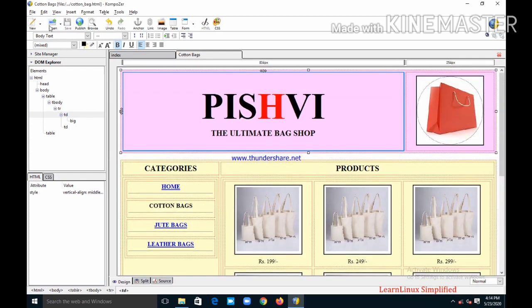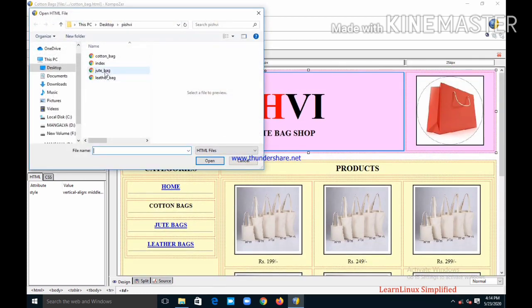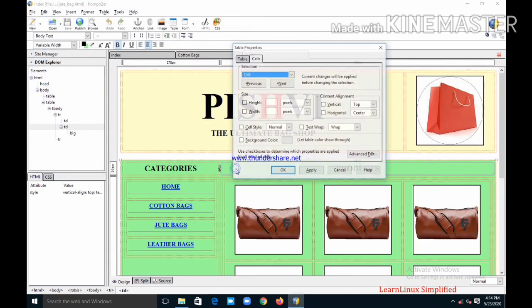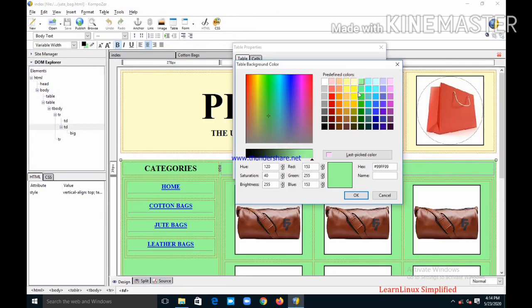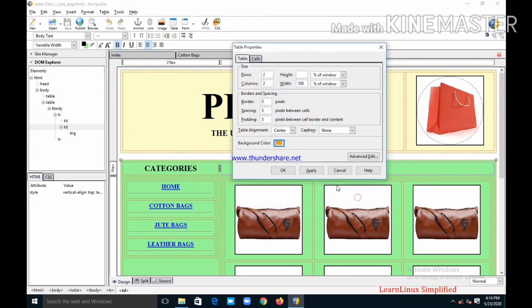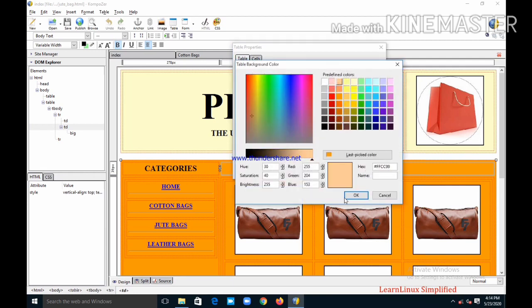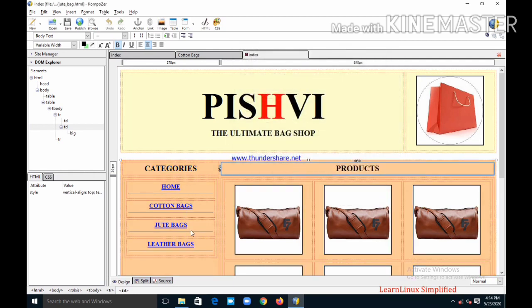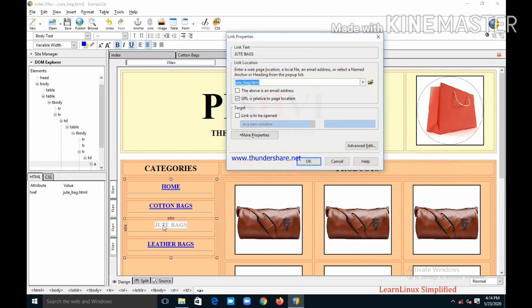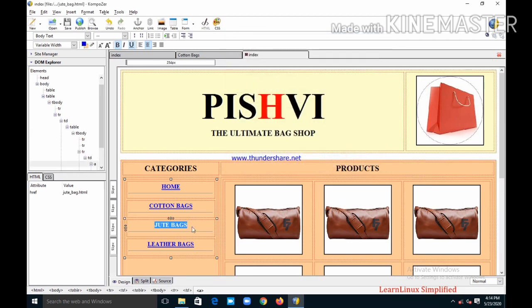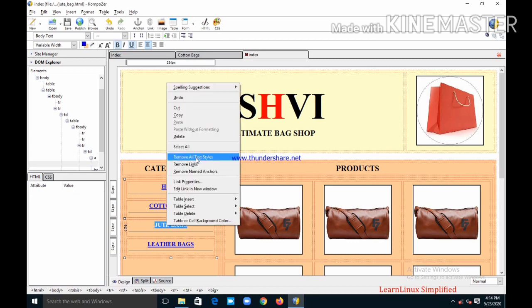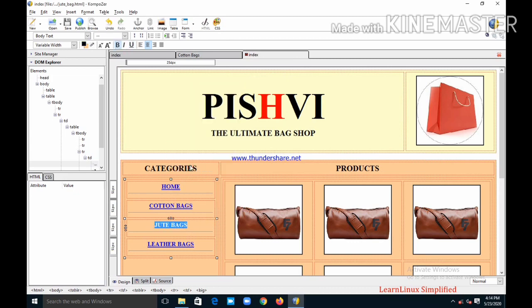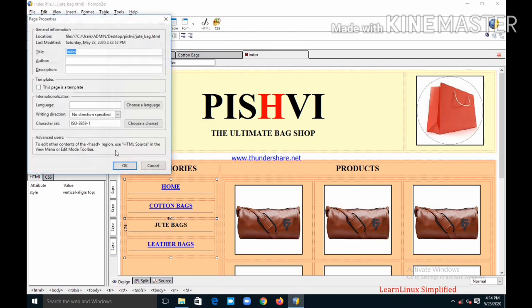In the same way I am opening the jute bag. In the jute bag also I am changing, first thing, I am in a jute bag, so I will select this and remove the link. Second, go to format, page title and properties. Here I have to change it to jute bag.